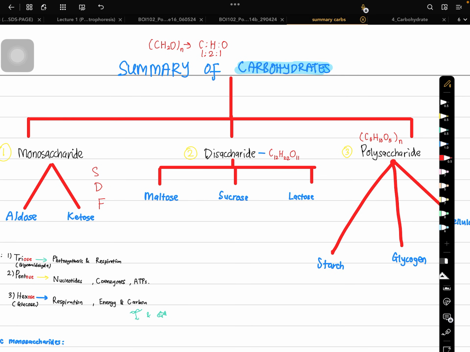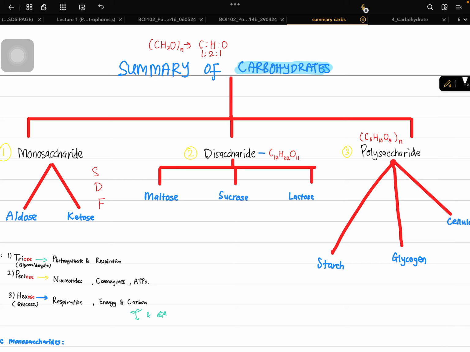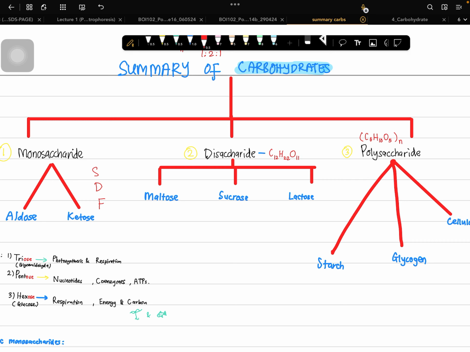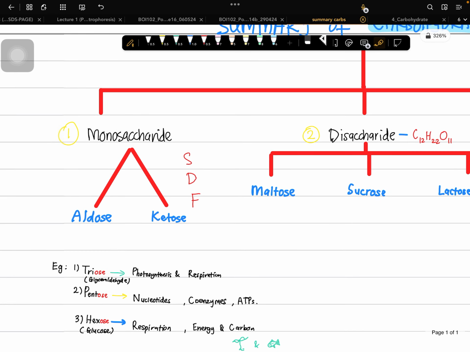The first one is the monomer of the carbohydrates, known as the monosaccharide. So mono means one, di means two, and poly means more than two. They are polymers of carbohydrates. The combination of monosaccharides links to form disaccharides, so the disaccharides are like an intermediate. Under the monosaccharides,